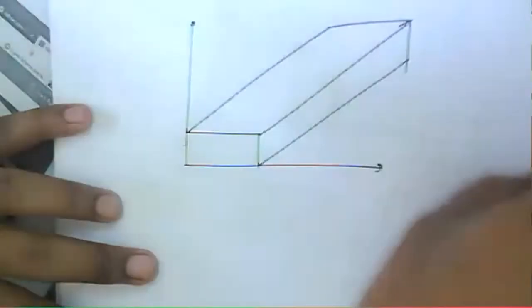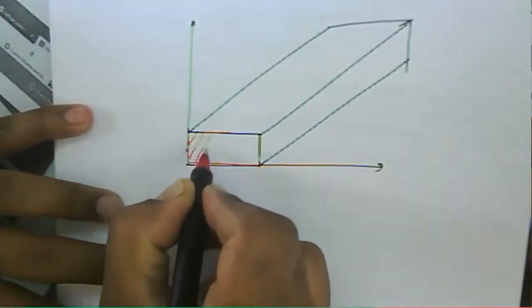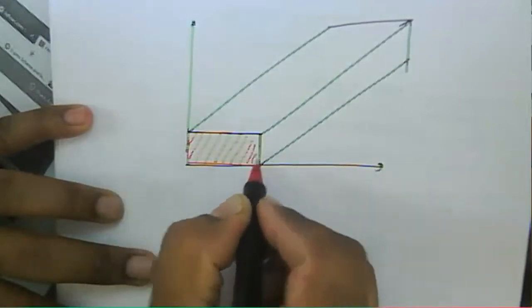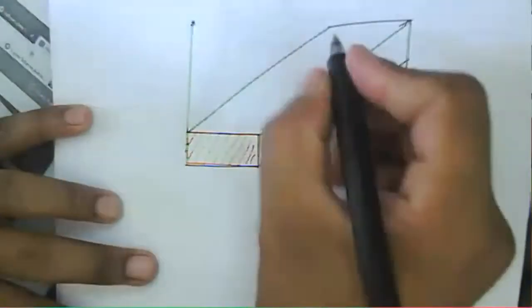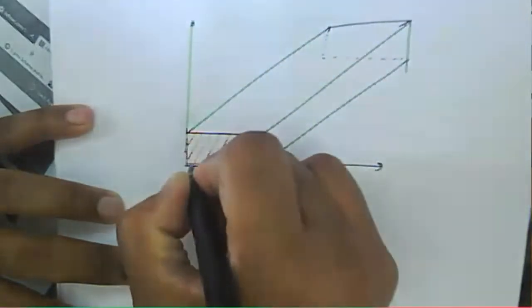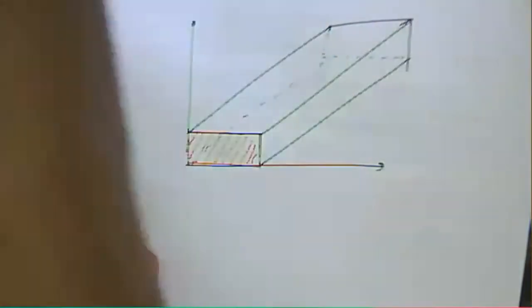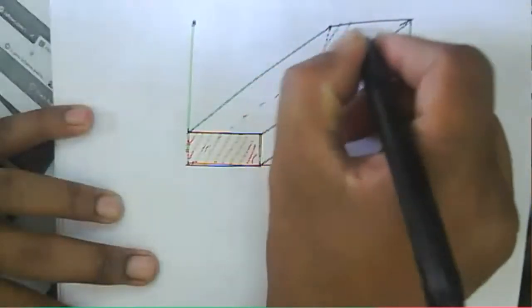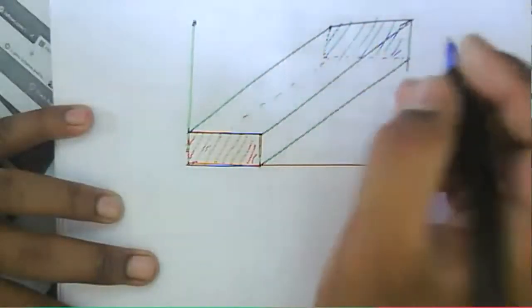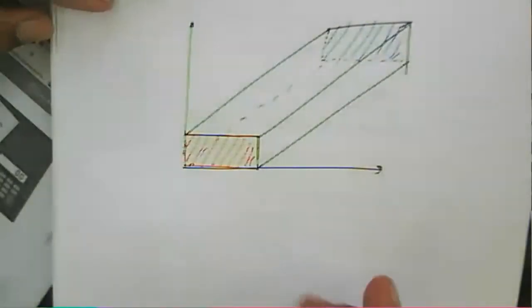Now what happens in the cavity? This end is closed, and the other end is again closed. So the guide looks like a closed one.